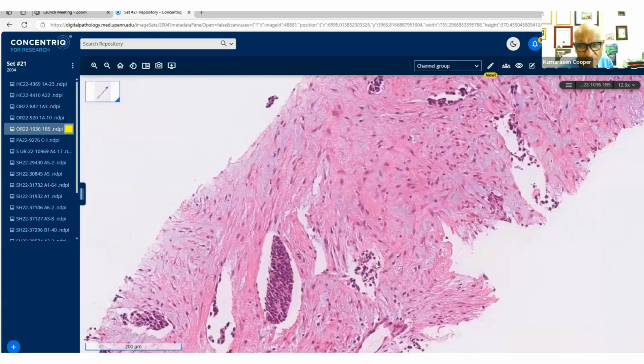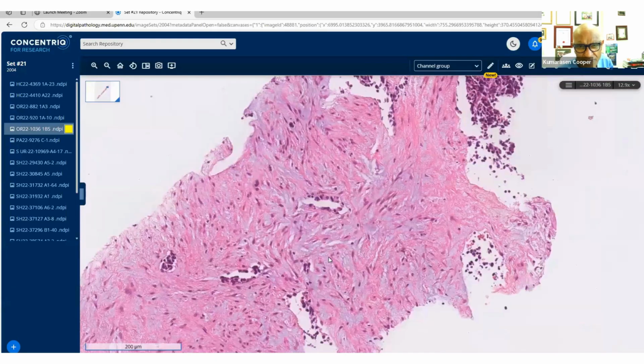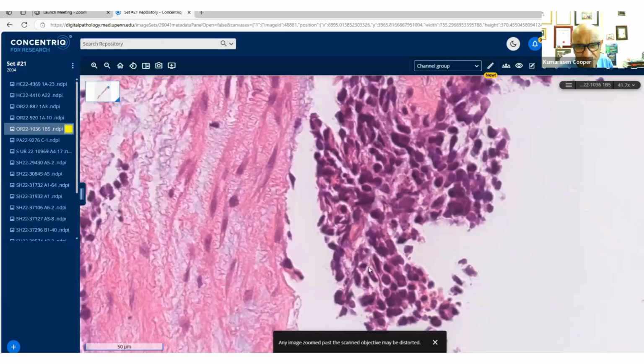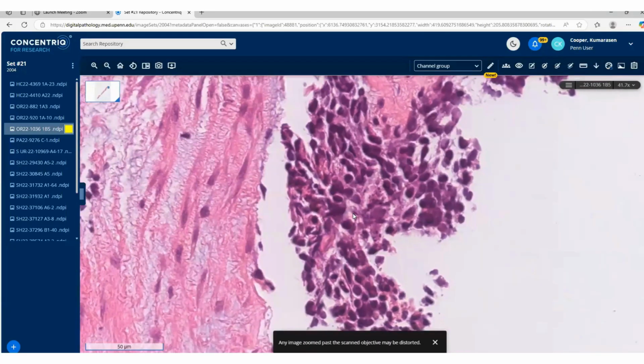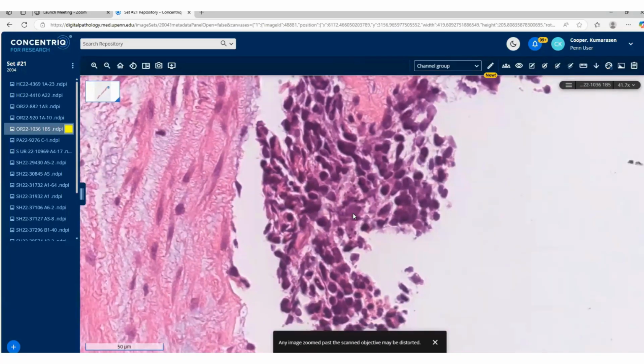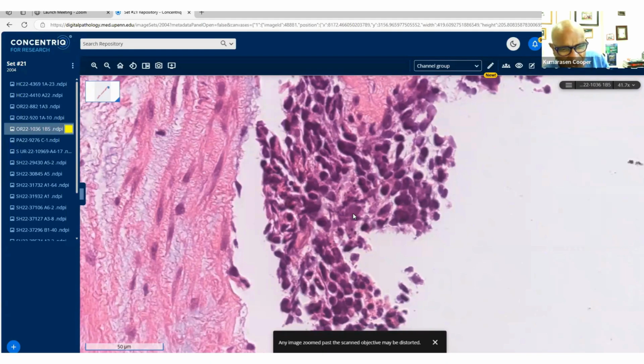Let's move this along. It looks like it could fit into the small round blue cell tumor category. And in a patient of this age, perhaps something like a desmoplastic small round cell tumor. Exactly my thoughts. And in fact, you could get away with just pure immunohistochemistry on these, because these have a